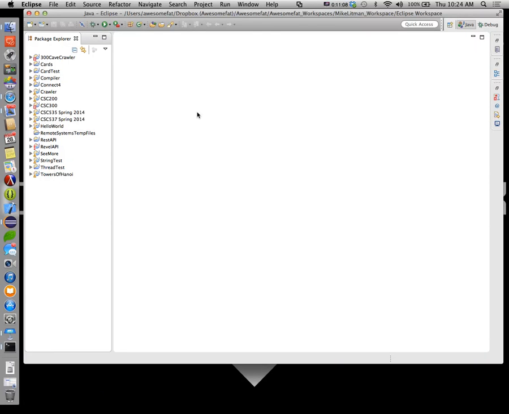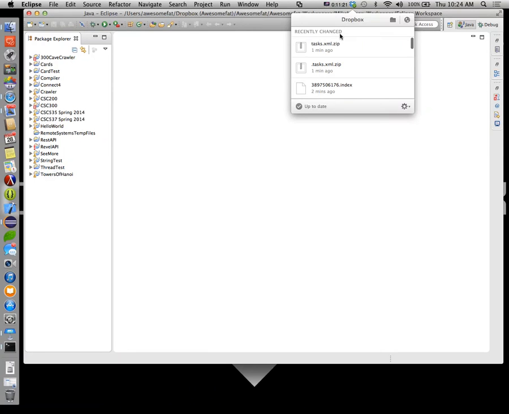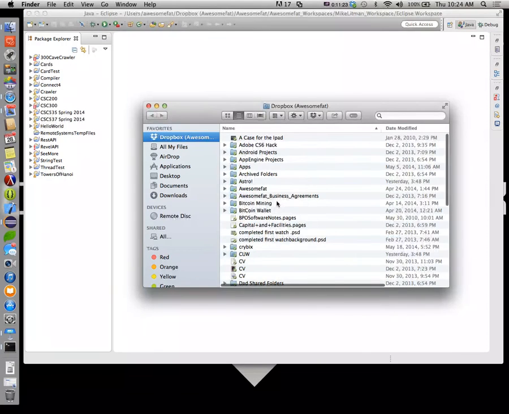Okay. So, once you select your workspace, there's a little button on there. You can say, don't ask me again. This is where I want it to be. That's how I have mine set up. But choose some place that you want as long as it's inside your Dropbox folder. Anything you put inside the Dropbox folder will automatically get synced to the cloud.